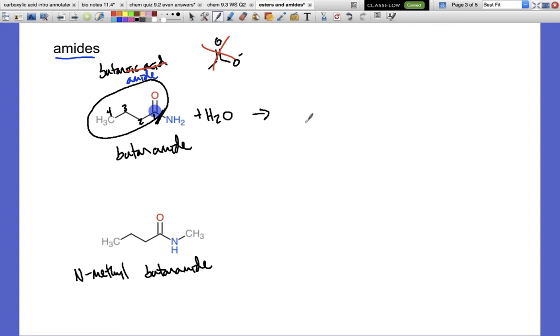The only difference is this time when I draw this out with those two pieces that are separated from each other now, I'm going to bring in parts of the water, but this time I'm going to add the hydroxyl group to the carboxylic acid side of this because there wasn't an oxygen there like we were discussing before. The other hydrogen ends up attached here, which means this molecule is actually